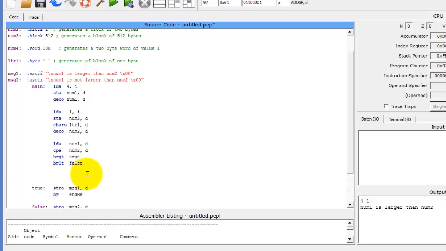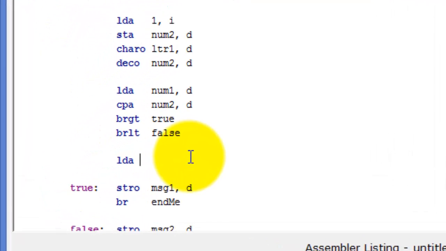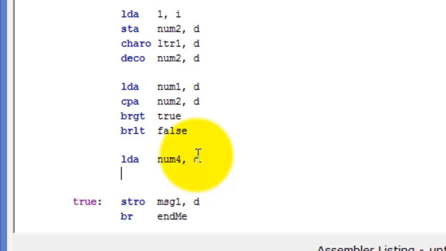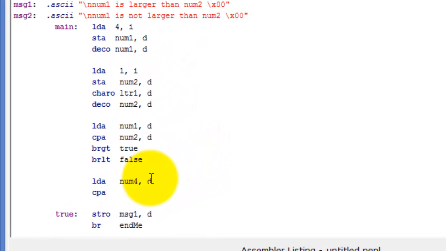So let's go ahead and we're going to load the accumulator with num4 directly. Now we're going to compare that to num1. Right now num1 is 4, so let's go ahead and set that to 40. Now let's go ahead and set num2 equal to 110. So we're going to go ahead and compare this. So let's compare num4 to num1